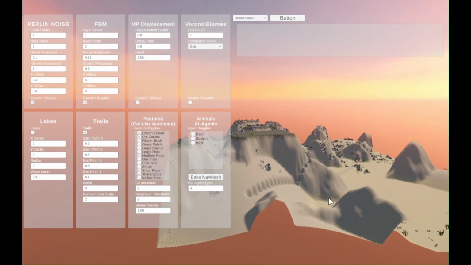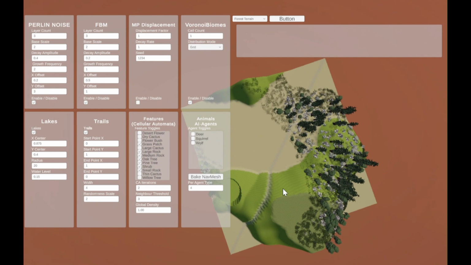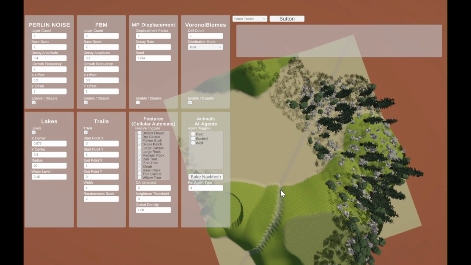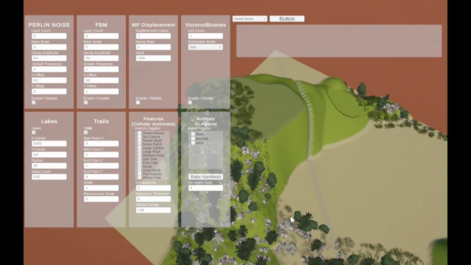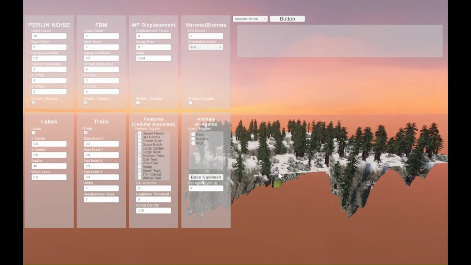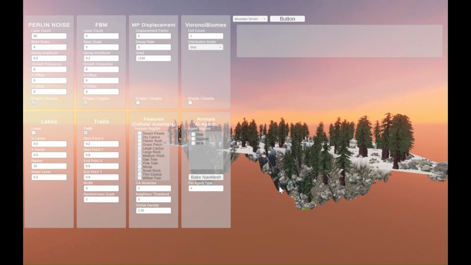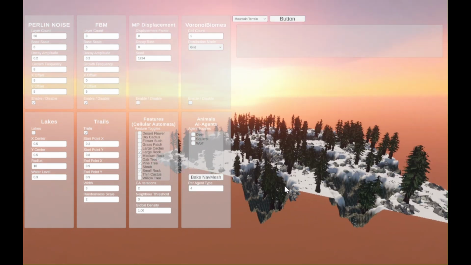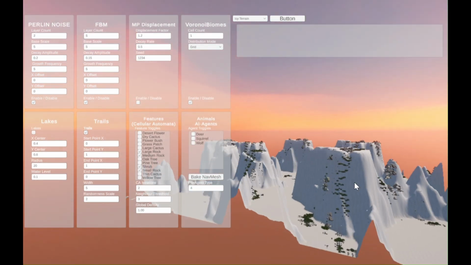In this project, we built a Unity-based framework that combines multiple noise-based techniques like Perlin Noise, Fractal Brownian Motion, and Voronoi-based biome partitioning to generate terrains that are not only realistic, but also visually diverse. These terrains are further enhanced with the help of Cellular Automata rules, which systematically populate the environment with plants, rocks,